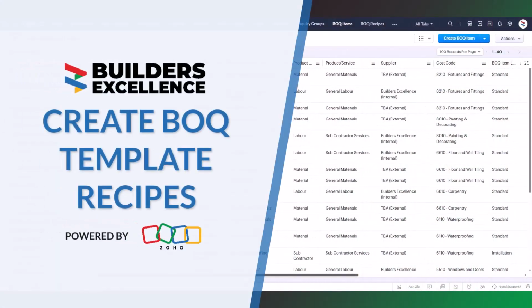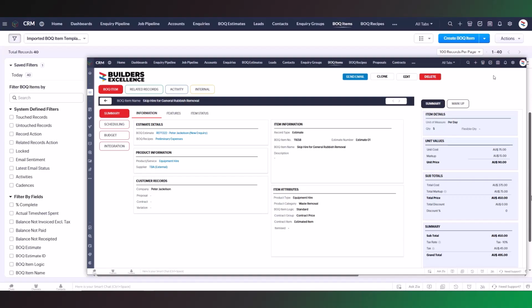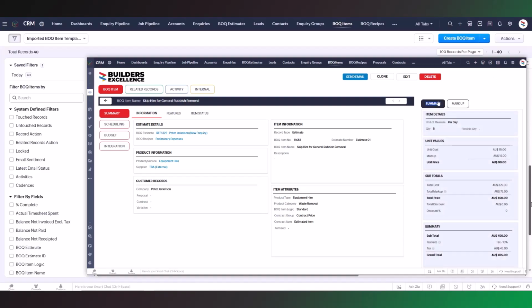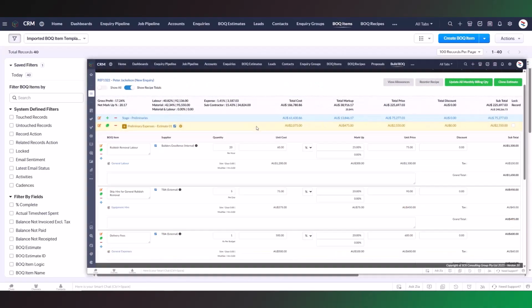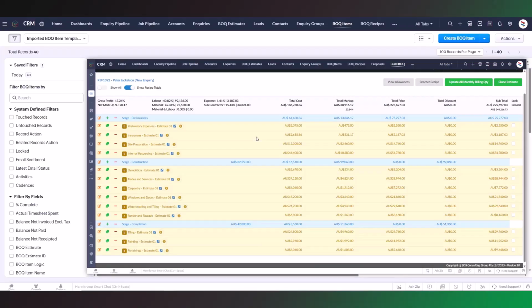Each BOQ item helps break down the project into manageable, costed components, providing a clear picture of what is required to complete each aspect of the work. To improve efficiency, BOQ item templates can be created and grouped into recipes, allowing for quick, consistent estimating across similar